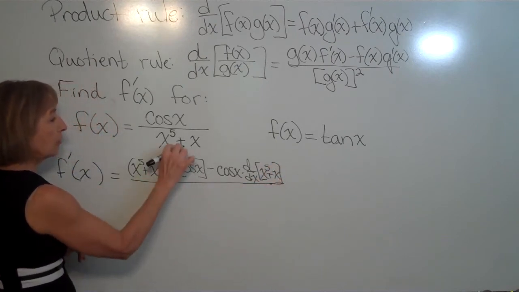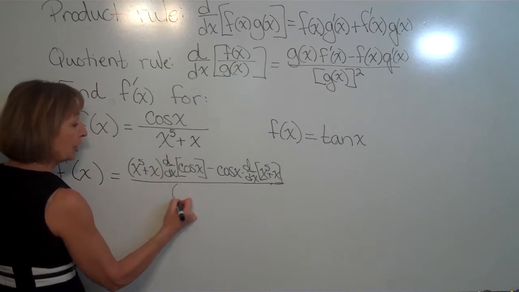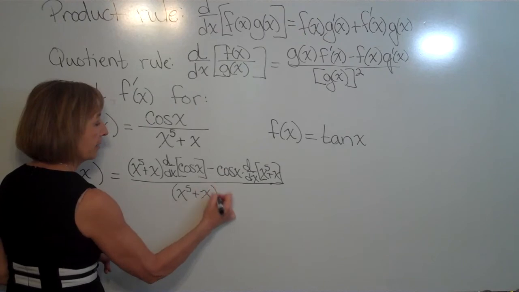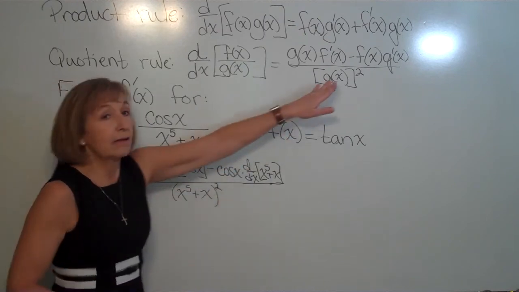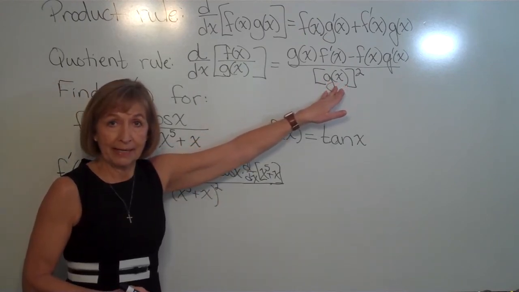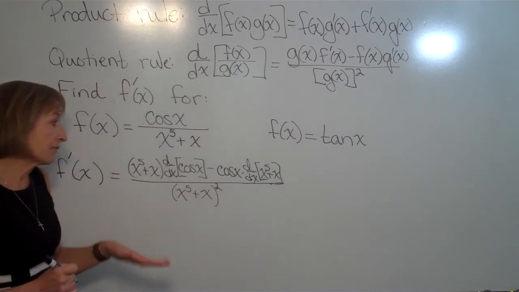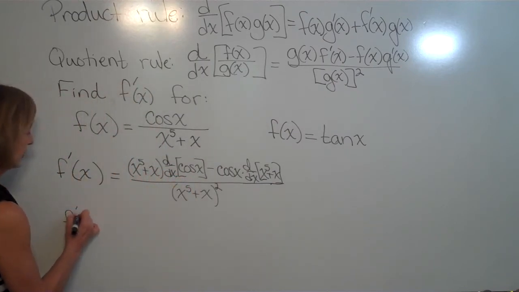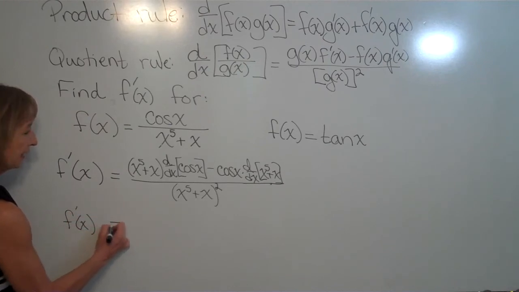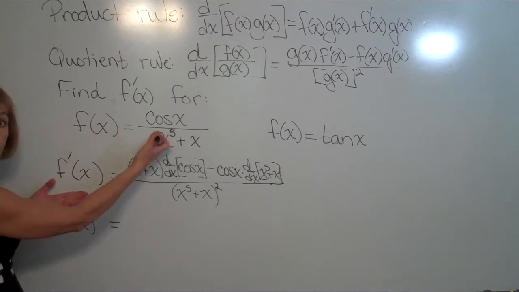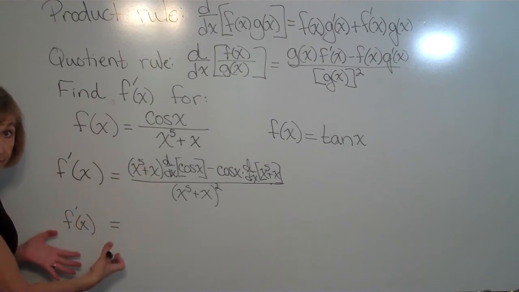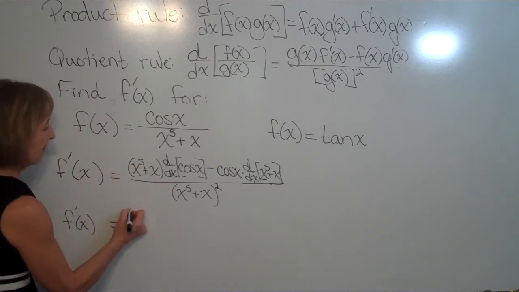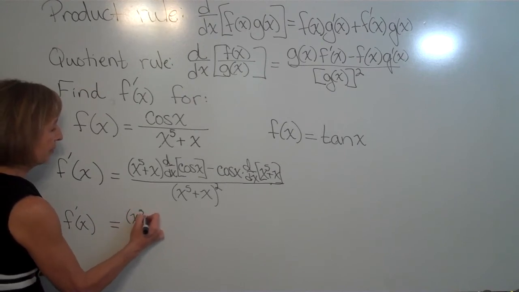And then that's all over low low. So we have to actually grab that entire denominator and square it for our expression in our denominator. Now this next phase through, we're going to actually carry out the derivative. So my f prime of x equals, notice I want to keep track of what my function was and what my derivative is. So f prime of x is equal to, and I have that x to the fifth plus